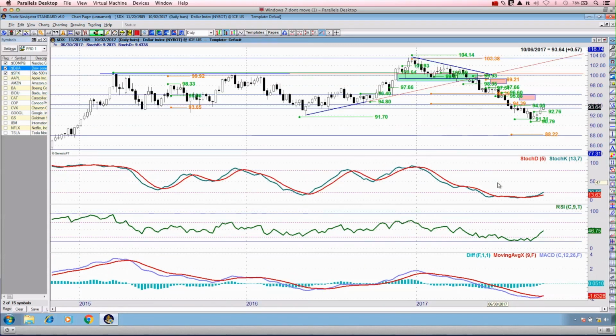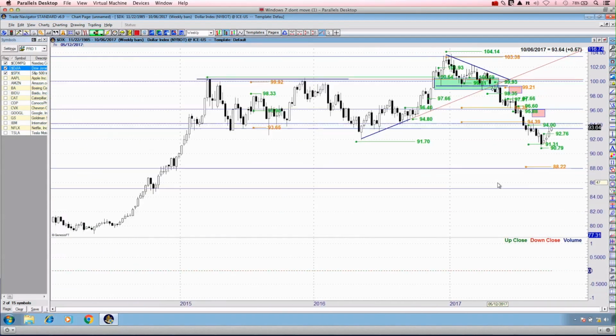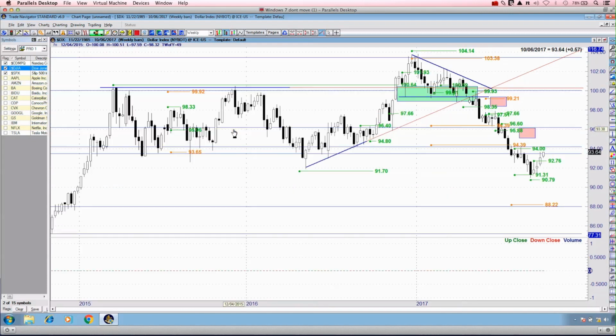However, when we also continue the analysis of the actual candlesticks and the chart patterns themselves, this could also potentially be some form of a retest taking place at 93.50. So this support over here that I was paying very close attention to a number of months ago, it looks as though we have, of course, broken below it. And this bounce here, although we are correcting from oversold conditions and we're still toying with the idea, well, is this some form of a large downward trend, or is this the next sort of macro up leg for the US dollar? What this appears to be is potentially also a retest of this pivot.